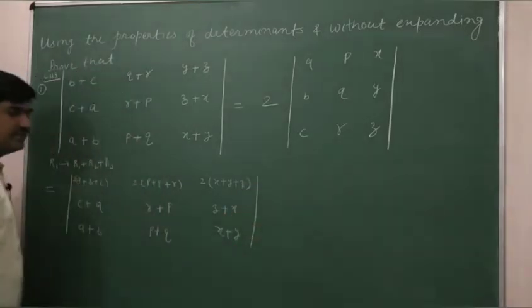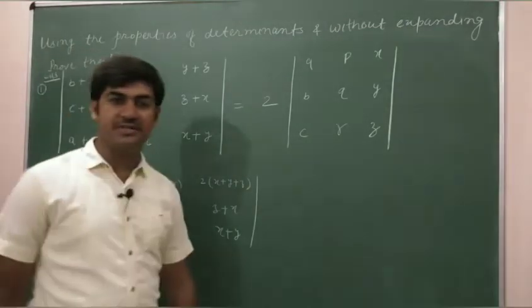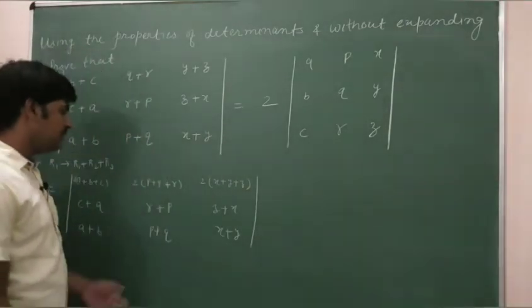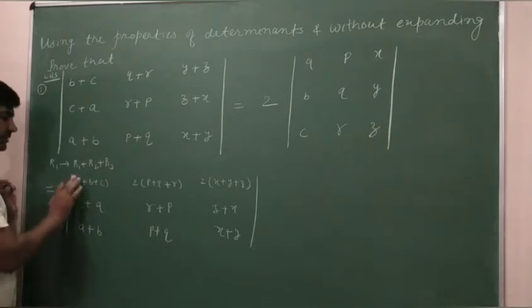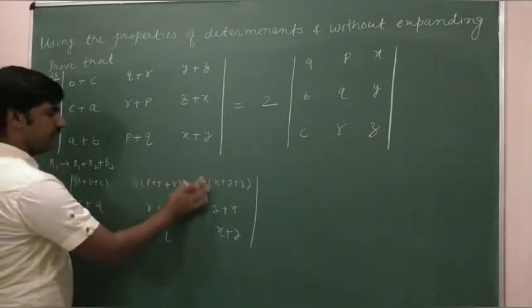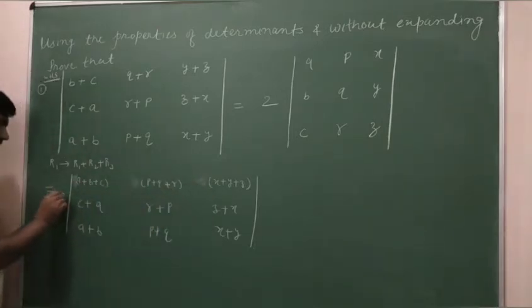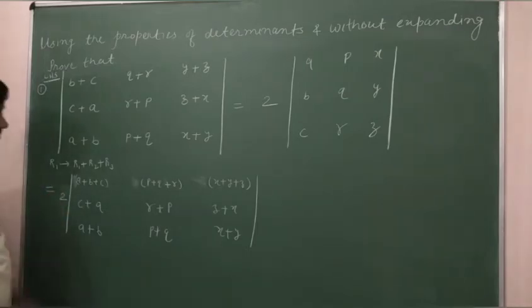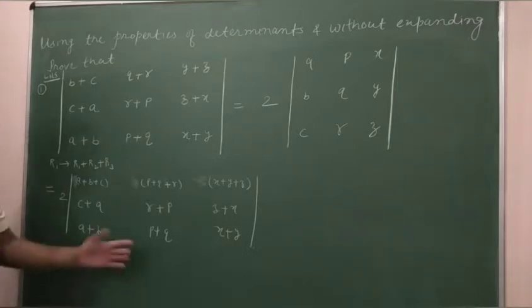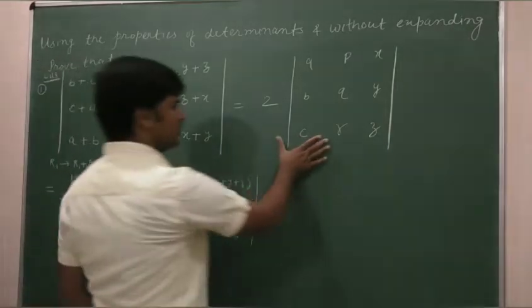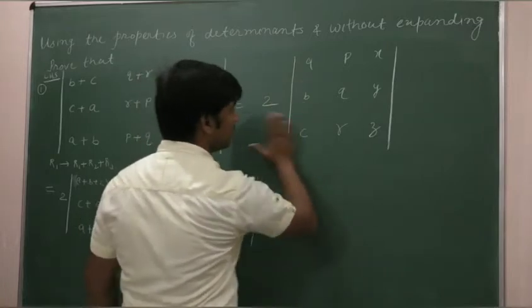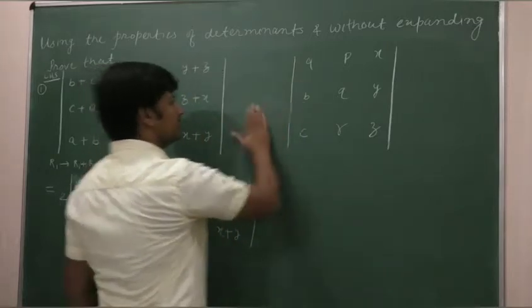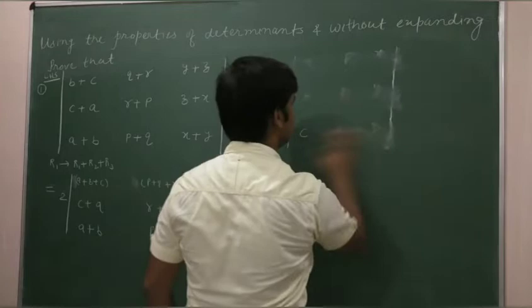Now students, one of the properties of determinants is we can take something common from any row or any column. So 2 is common in R1, so taking 2 common from R1, when I do take that, I will get this as the next step. Now students, once I am cleaning, you can keep in your mind what we have to prove: twice of a determinant a, b, c, p, q, r and x, y, z. So this is to be kept in your mind.